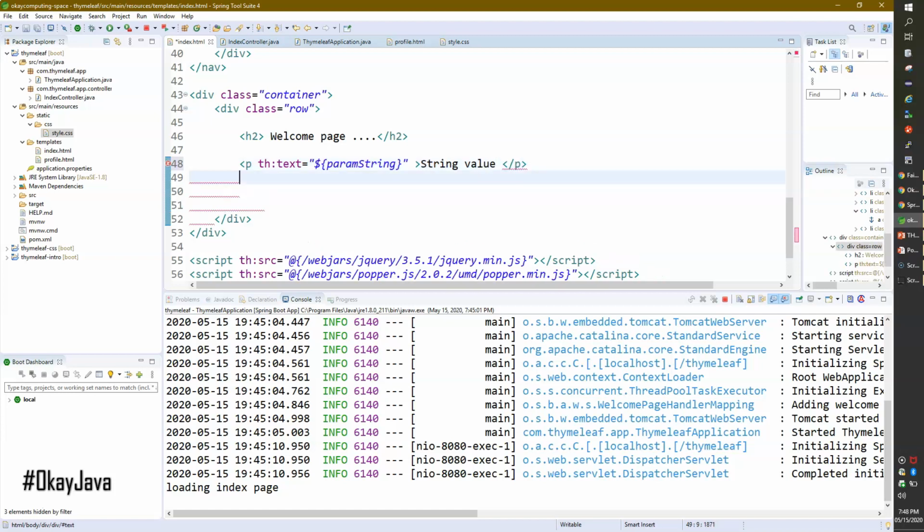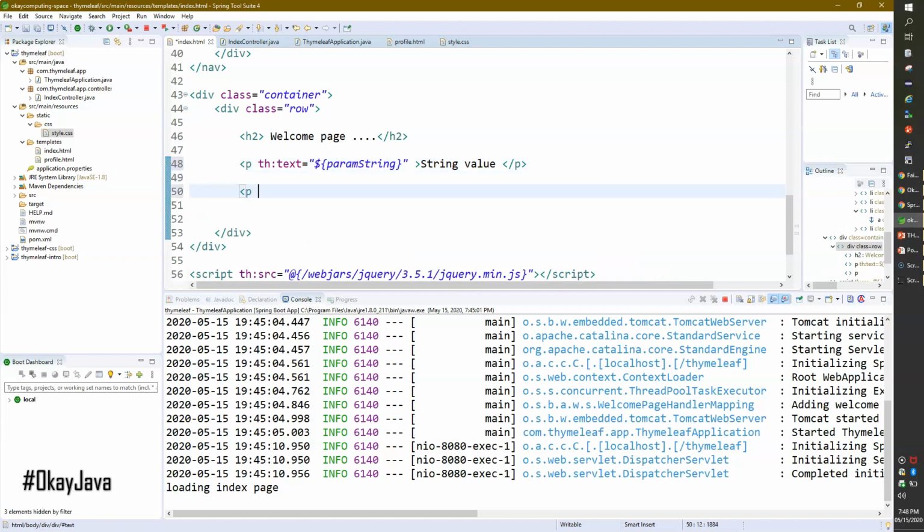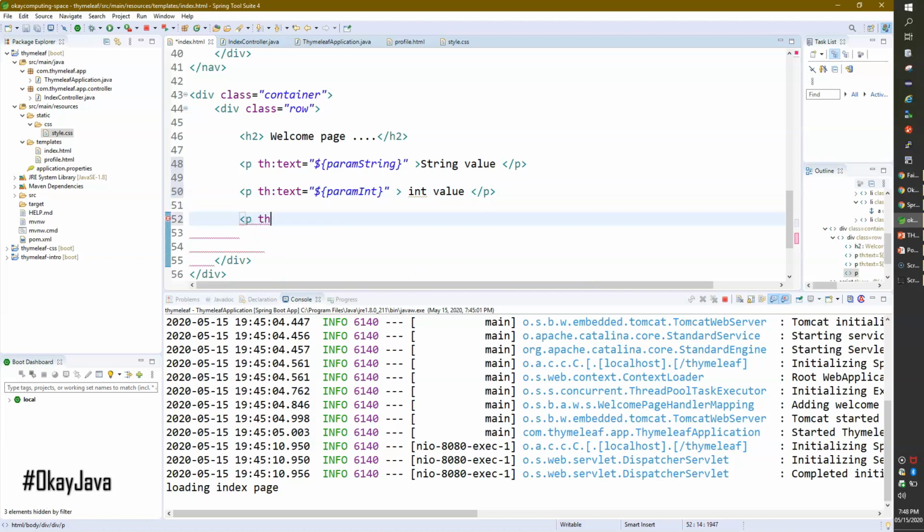It's close, it's done, right? Again we have to do the same thing for the other properties, th:text, and what I'm passing here is a param. This time the variable name is integer, and I'll write here int value. Okay, and then we need to do it one more time for th:text, for boolean, param and boolean, and then let me just close this one. I'll type here